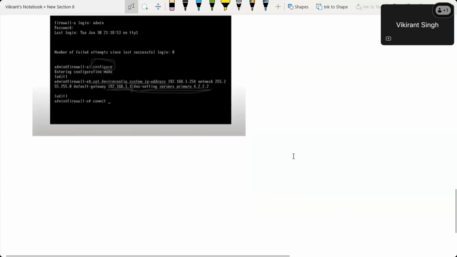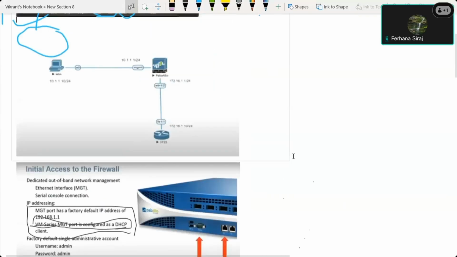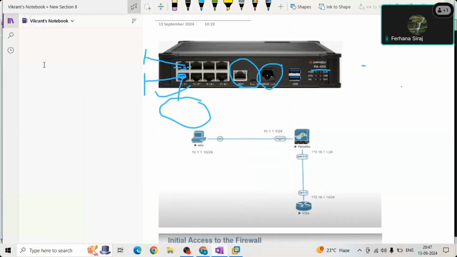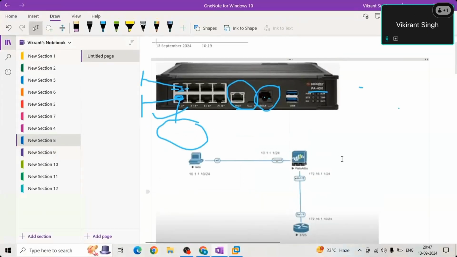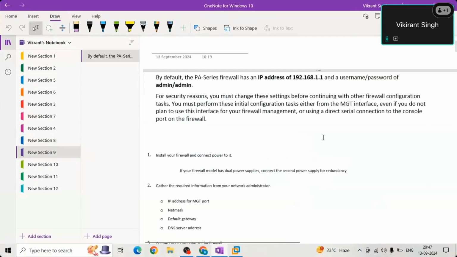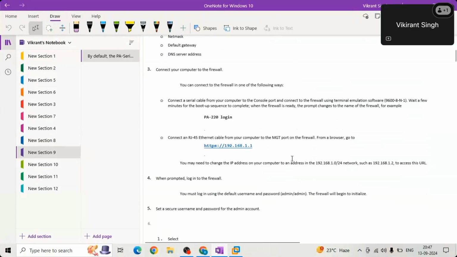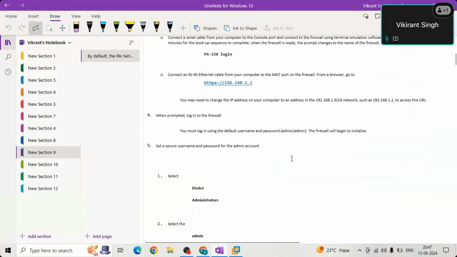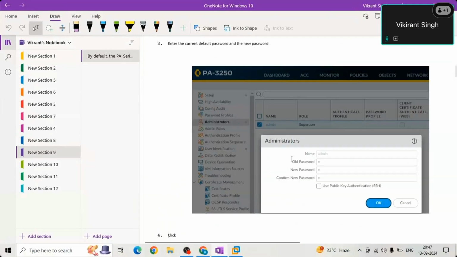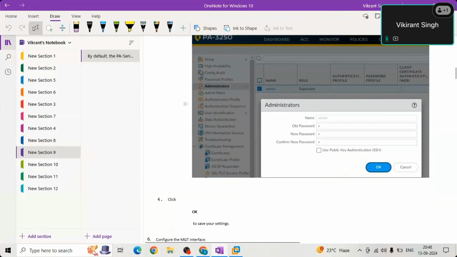We are good till now, right? Yes. Any questions? No, so this is good. I do have everything here, whatever we have discussed. It is directly from Palo Alto, so you can have a good idea about it. These are very basic steps. If you want to configure a different admin than admin, you can also